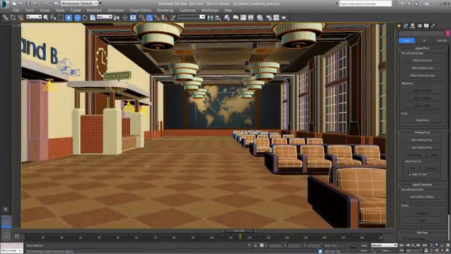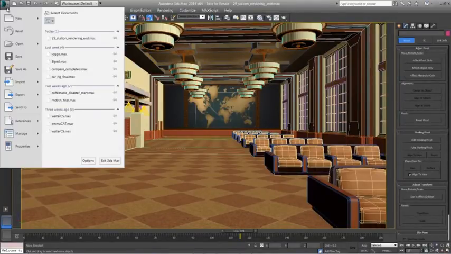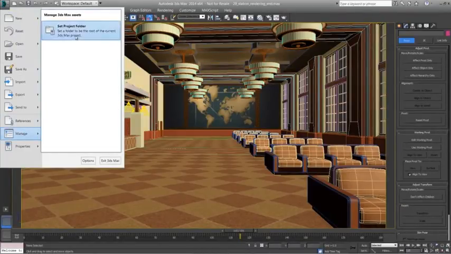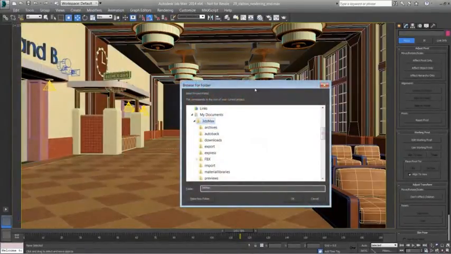With a good grasp of navigating around the scene, we should also look at the project structure that 3ds Max works in. I'll click on the Max icon in the top left of the screen. And in here, I'll choose Manage and Set Project Folder. 3ds Max works in a project structure where there's a master project we can set and move if we need,